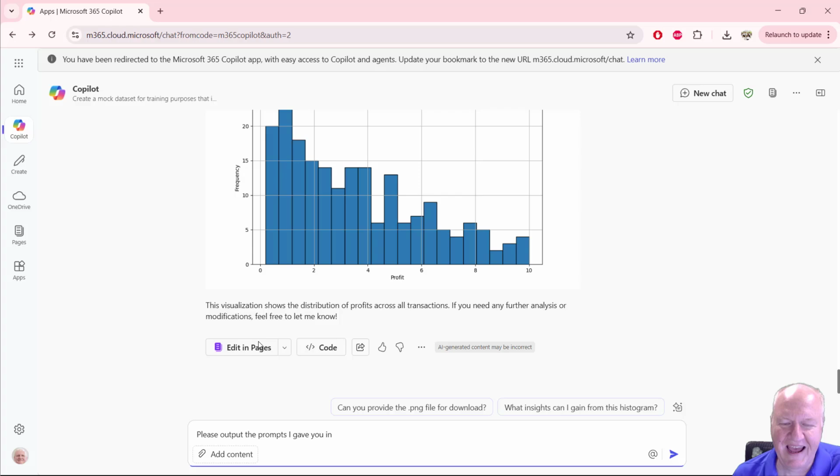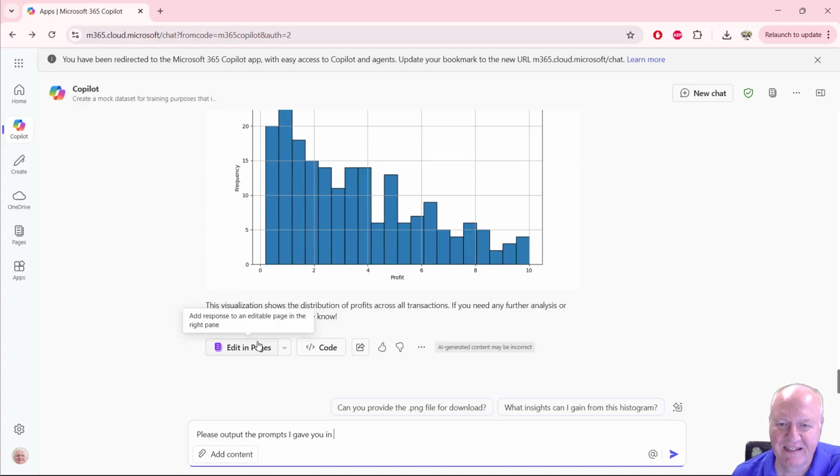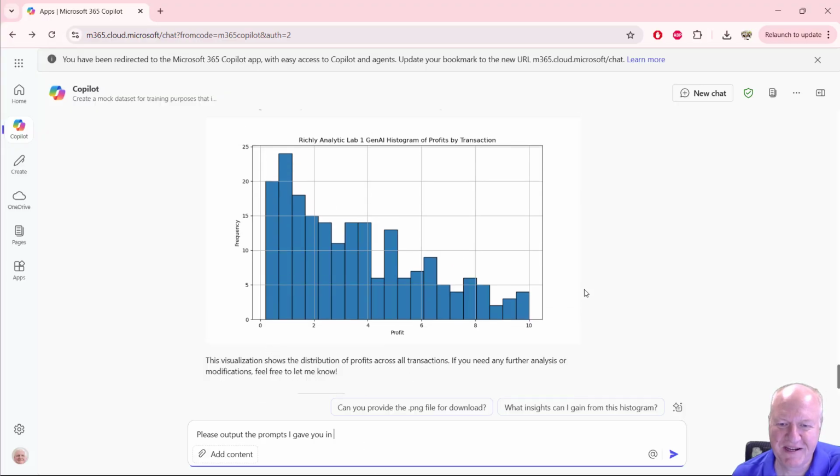Okay, so there's that. It looks like it did not follow my instructions, so I'm going to say, can you provide the PNG for download? Okay, let's change that up.